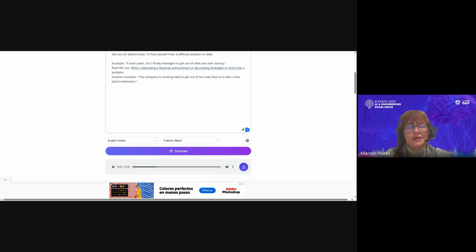Example, it took years, but I finally managed to get out of debt and start saving. Real life use, when celebrating a financial achievement or discussing strategies to overcome a problem. Another example, the company is working hard to get out of the hole they're in after a few bad investments.